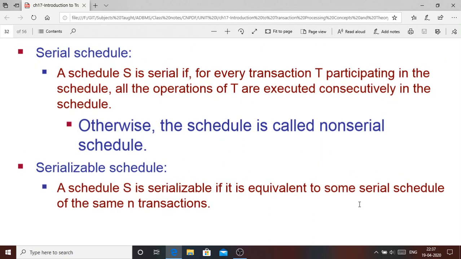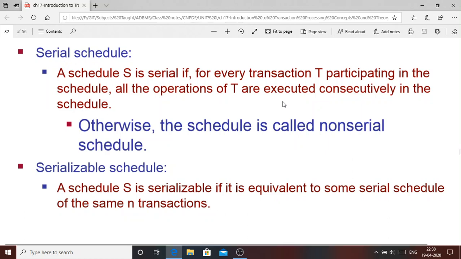A schedule can also be called a serial schedule when the transactions in the schedule appear in such a way that all the operations of one transaction are executed first sequentially, then another transaction gets executed. So in a serial fashion it executes, and so the name serial comes there. That is, the transactions participating within the schedule are executed one after another. Obviously, the serial schedules are correct because all the operations are executed sequentially, one after another.